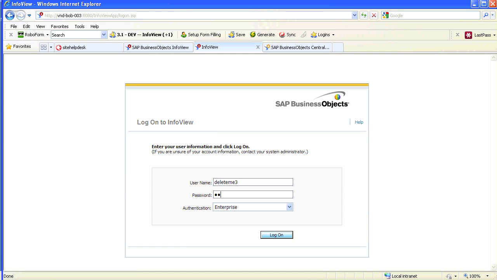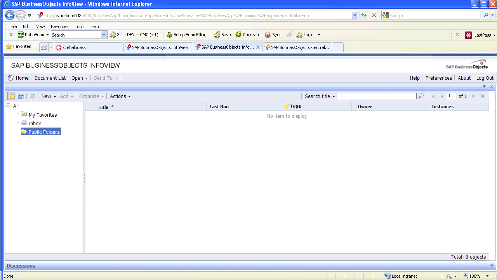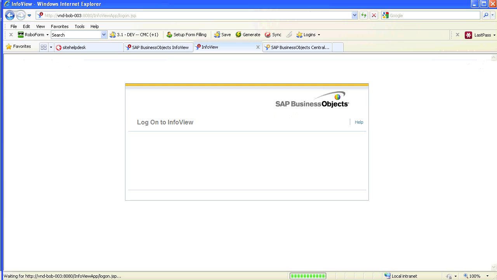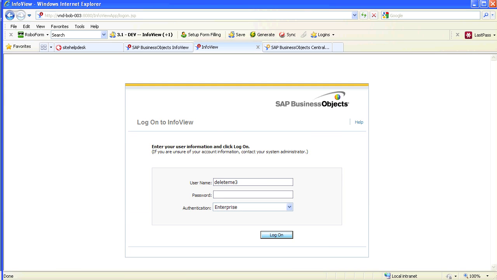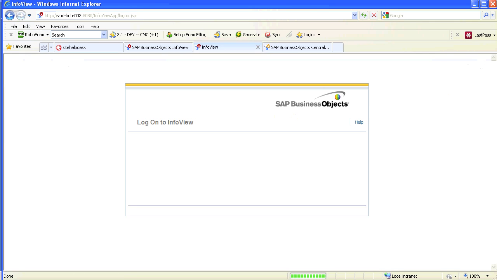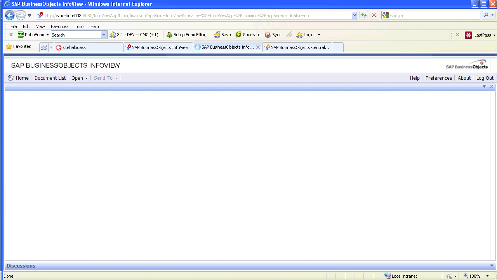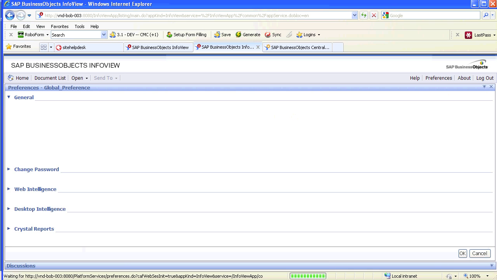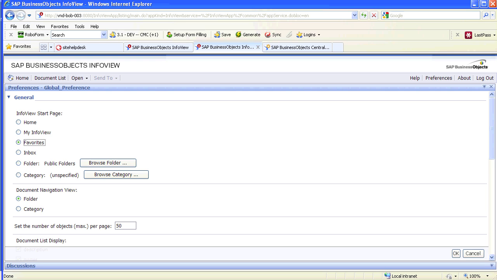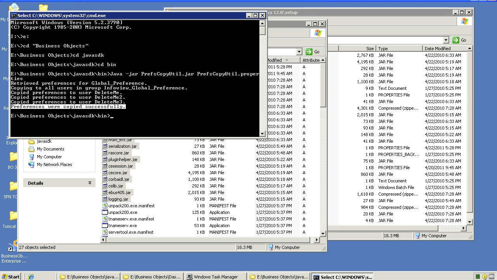So log in as delete me 3, log on, and we're brought to public folders. Sign out. We'll try again with delete me user, and then it's also public folders, and lastly log in as global preference, and we see it still retained its public folder location. Now let's change that to favorites. Instead of public folders, we'll change global preference to favorites,